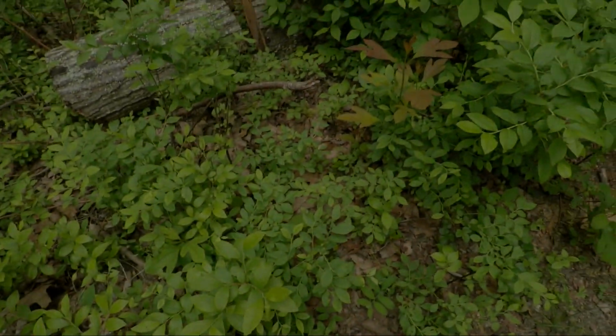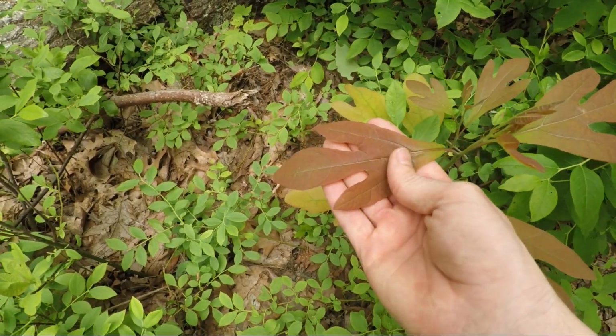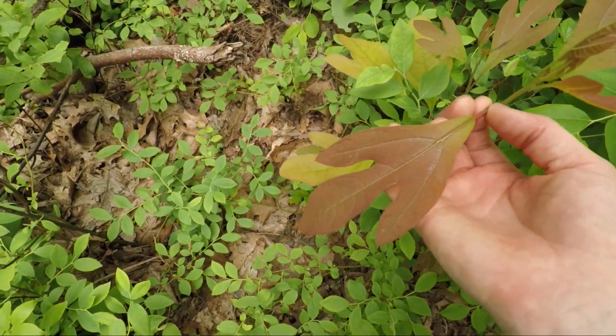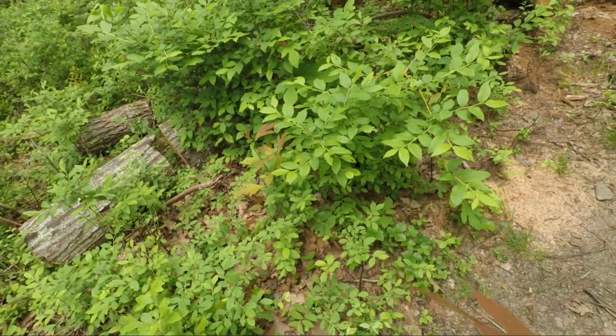All right, friends, this one's actually a treat. And it's not normally this color, but this is sassafras. I feel bad, I apologize, my guy. It's not normally this color, it's just that way. Maybe something in the soil, but